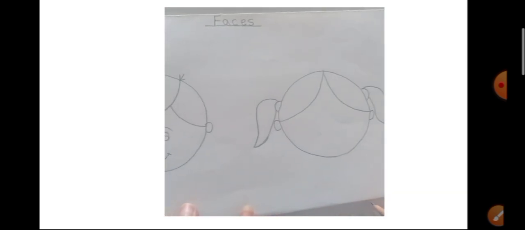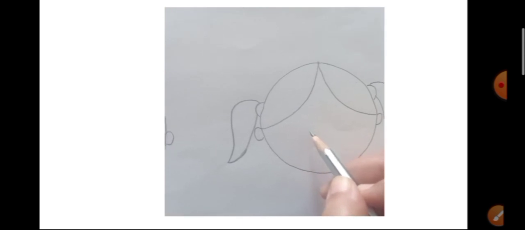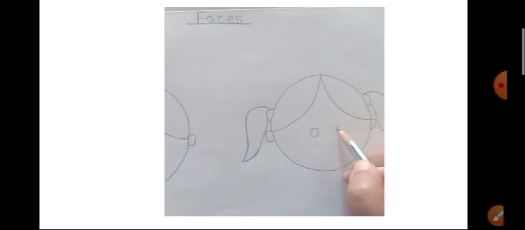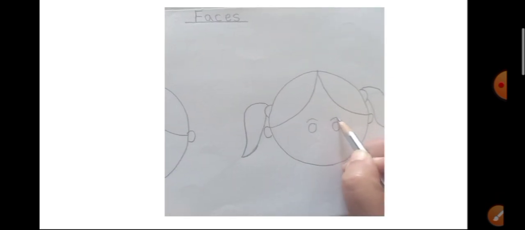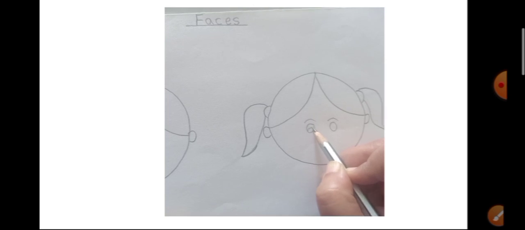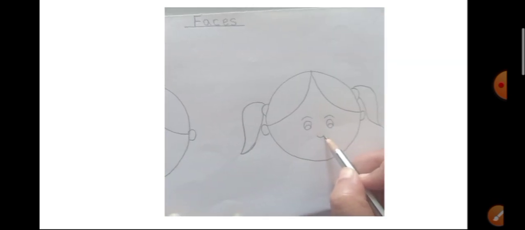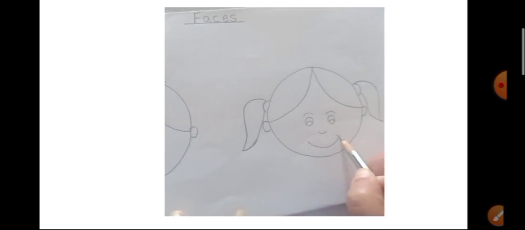All of you understood? Now let's draw two eyes. Then draw nose and mouth.